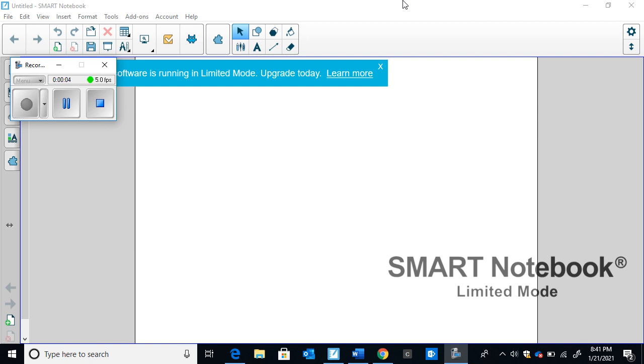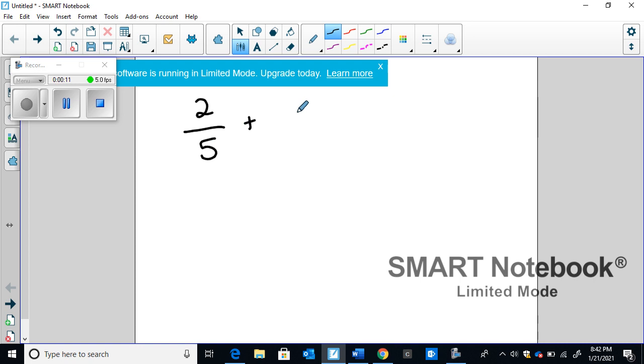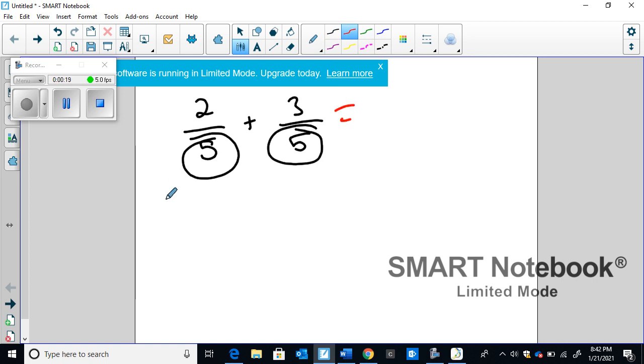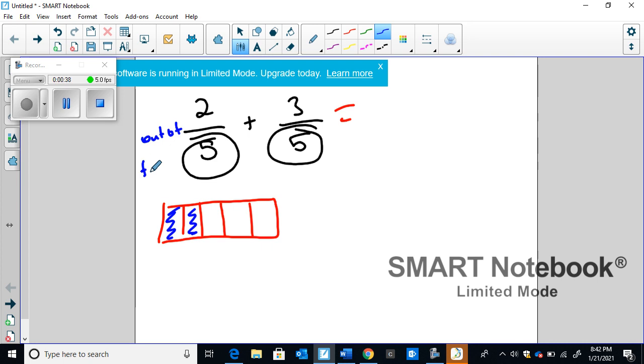All right, so for adding and subtracting fractions with like denominators, we talked about the fact that when they have a like denominator, that means that the bottom number has to be the same. And so when we modeled this type of situation, first of all, we talked about how having this type of fraction, if I draw a rectangular piece and I split it into 1, 2, 3, 4, 5 pieces, and I color in 2 of those 5 pieces, I have 2 out of 5 total